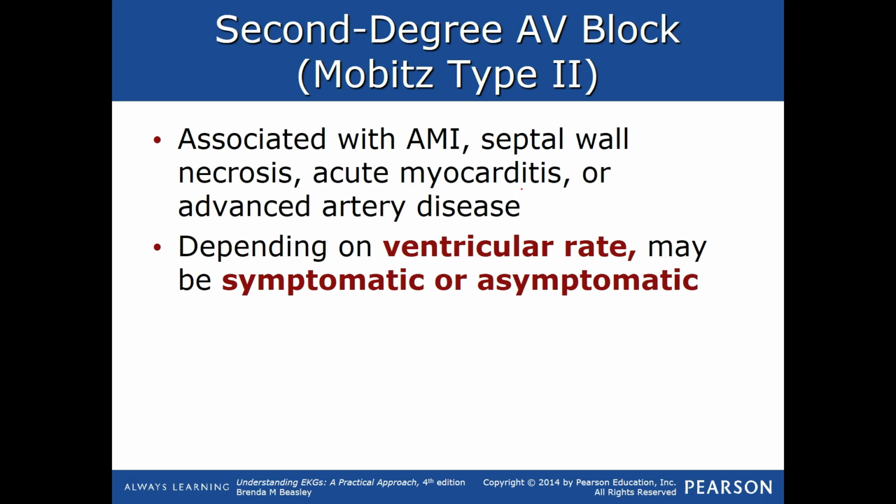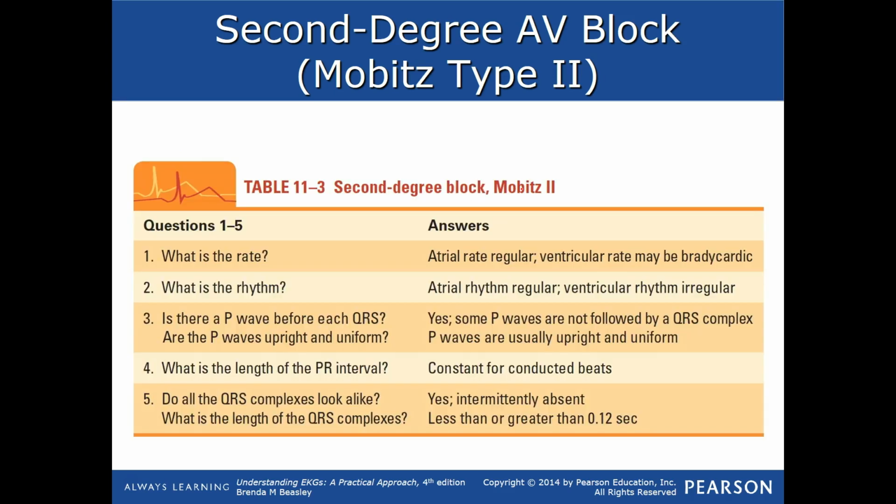Within the septal wall of the heart, it's actually become necrotic, probably associated with that MI that they talked about having. So really a lot of this depends upon if they're going to be symptomatic or not, and that is going to be their ventricular rate, because the ventricular rate is what's actually creating and producing cardiac output. So when we look at our facts about second degree AV block Mobitz type 2, we see the